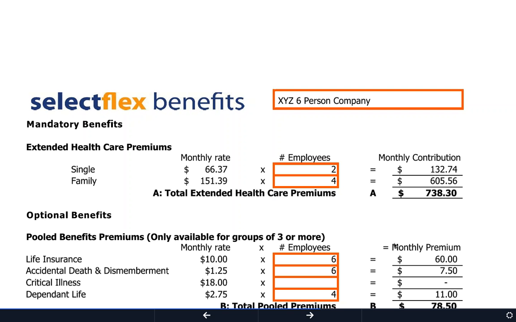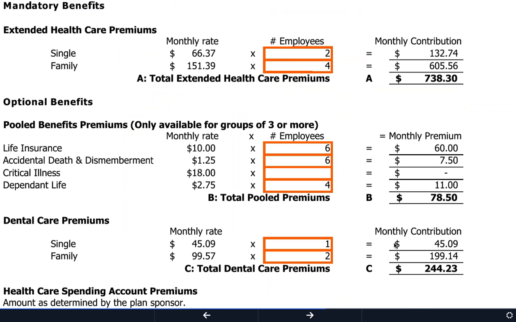Terrific. Then it was the company philosophy to add life insurance for everybody, AD&D insurance for everybody, and DEP life for everybody. And they didn't want any critical illness, but they just wanted those particular benefits. The premium for that on a monthly basis is $78.50. Then the 3 producers wanted the dental care. So there was 2 family folks and 1 single folk. And in this particular case, the premium was set at